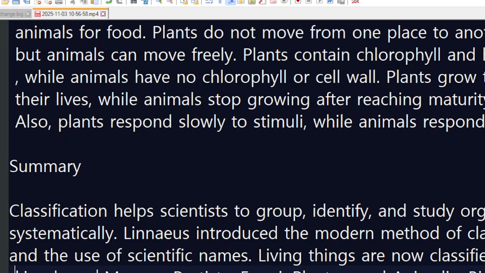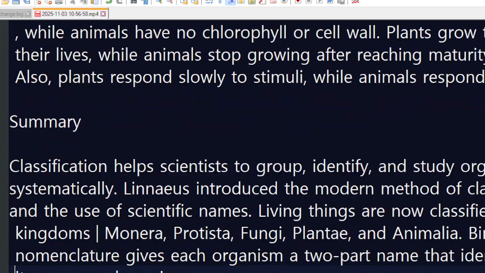But under Linnaeus classification, he brought in organisms that were not classified by Aristotle, such as bacteria. So Linnaeus introduced the modern method of classification and the use of scientific names. Living things are now